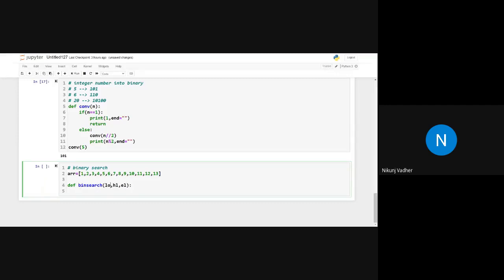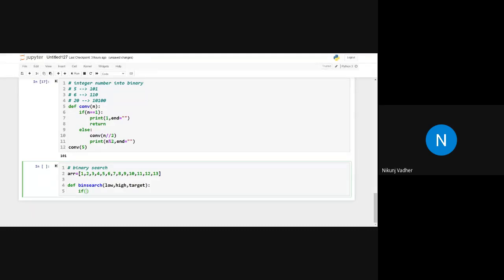Let's make it simple and easy to understand. Low and high, target. Let's search.